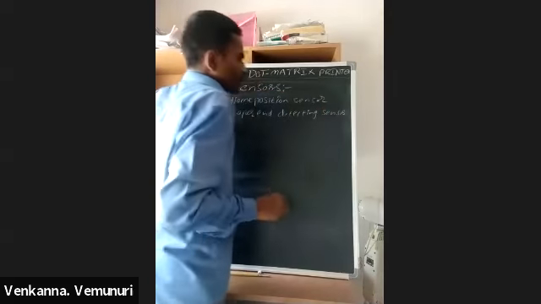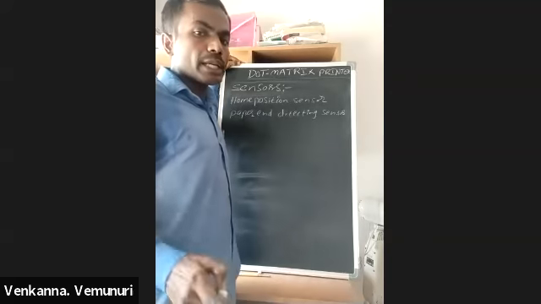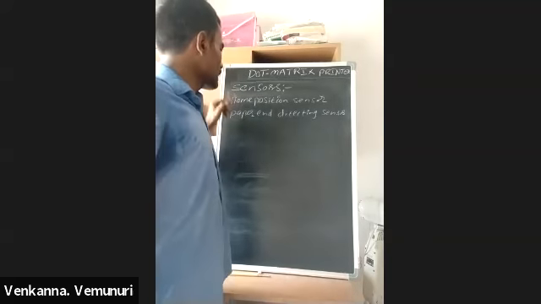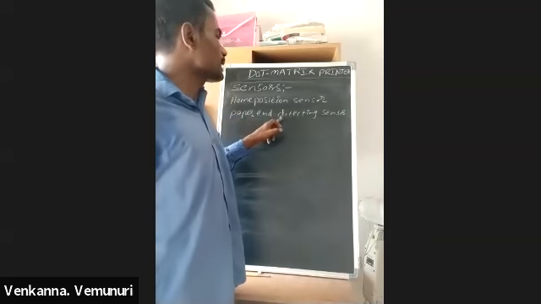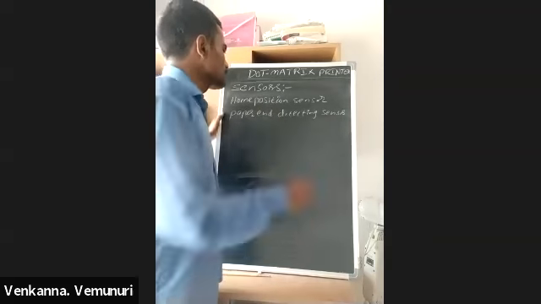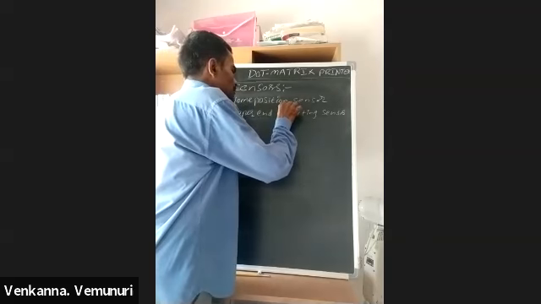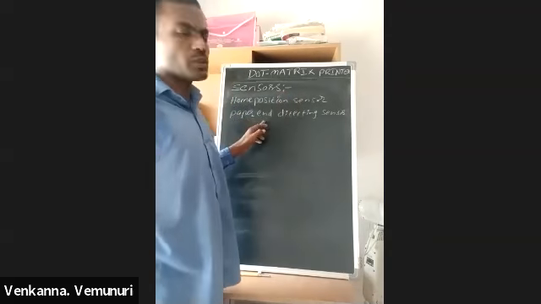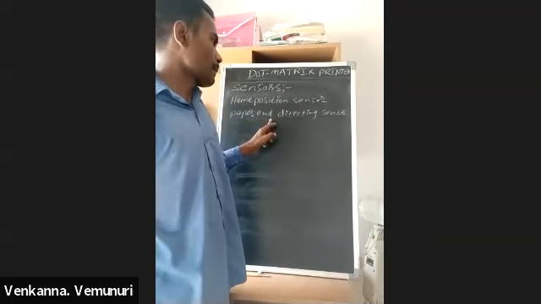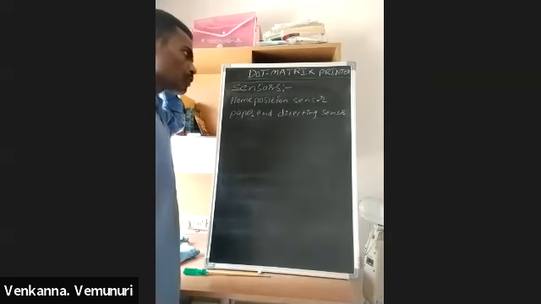Actually, in normal printers, we are using a paper detecting sensor. But in this printer, we are using a paper end detecting sensor, which means in this printer, paper is always present. The reason is that we are using continuous paper. So first we are discussing the home position sensor.